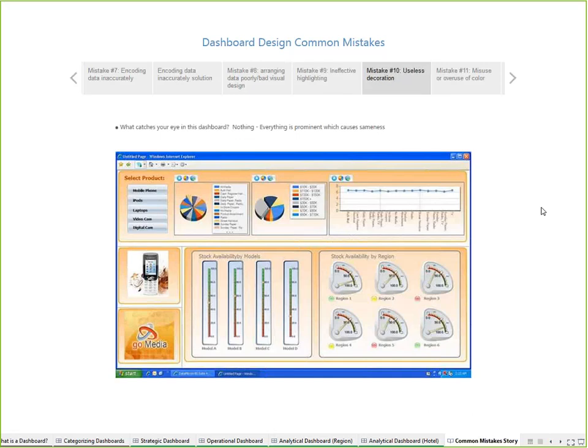Mistake number 10 is useless decoration. And as you can see, I didn't develop this one in Tableau. I just took a screenshot of a competitor's dashboard and threw it on here, but there's a lot of mistakes on it. So thinking about decoration, people like to dress up their dashboard with quirky things like sparkles and glitter